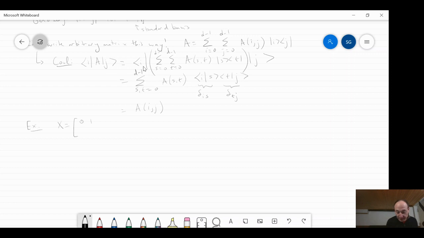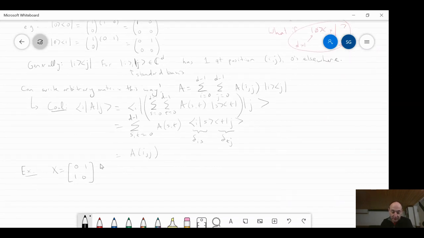Remember that we wrote this X matrix as this thing here. So what is the outer product notation of this thing? Well, I could just use this fact: if I want a matrix with just a 1 here and zeros everywhere else, that just means I put a 0 for the row in the outer product notation and a 1 for the column. So you'll see that this is nothing other than ket 0 bra 1, this guy over here, plus ket 1 bra 0. Swap the two, and that gives you this one here. And of course, this thing is just the dagger of this thing; you just transpose it.